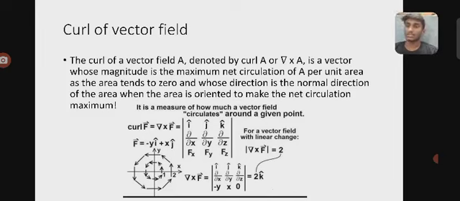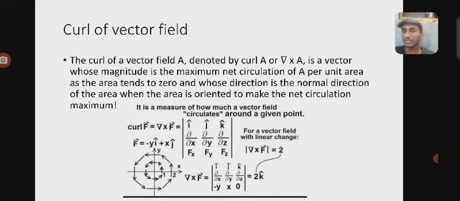It is a cross product. So representing a two variable function as f equal to minus y i cap plus x j cap, where i cap, j cap are unit vectors. So here you can see the resultant matrix form of the curl of a vector field. It is denoted by i cap, j cap, k cap, and dou by dou x, dou by dou y, dou by dou z, and fx, fy, fz. So these are the vector forms in the three-dimensional plane.